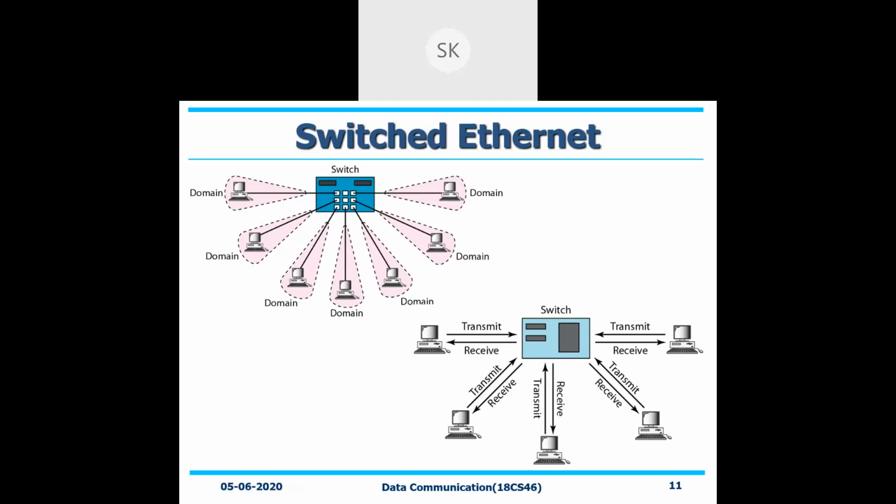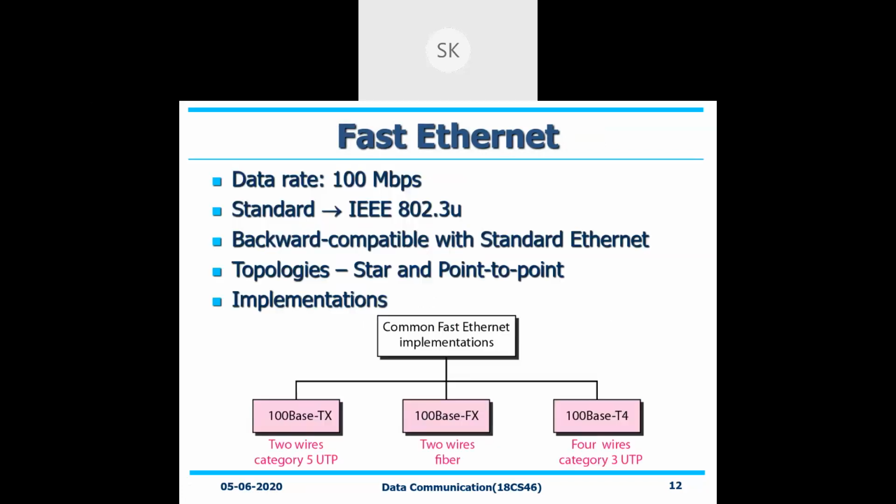Whether you go for standard Ethernet or fast Ethernet, it is all up to you. Whichever Ethernet you follow, before going to the fastest Ethernet, we need to know these particular changes to be adopted with respect to the existing standard Ethernets. So with this, we'll move on to the next one, that is fast Ethernet. The name itself suggests that it is faster than your standard one. Instead of 10, it will be addressed with 100. So 100 Mbps, 10 times the standard Ethernet speed, it will be transmitting the data.